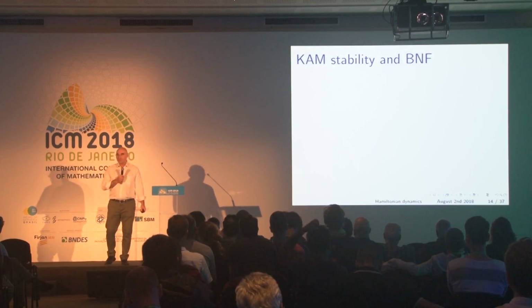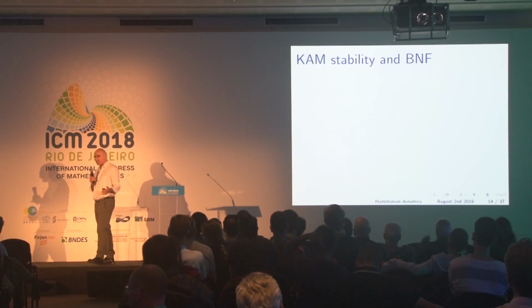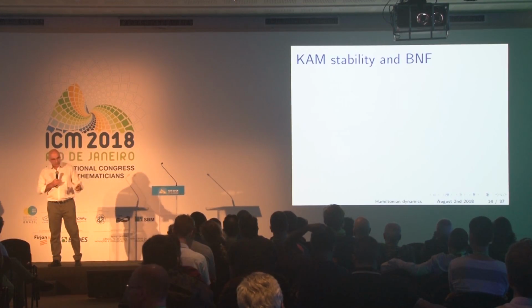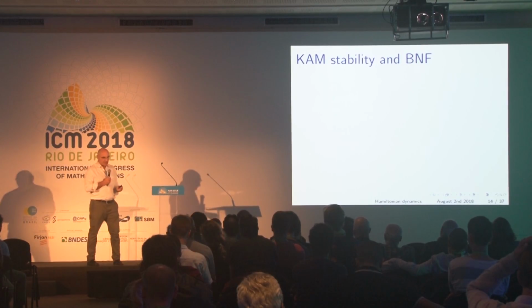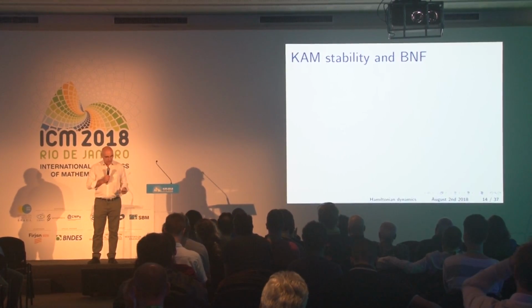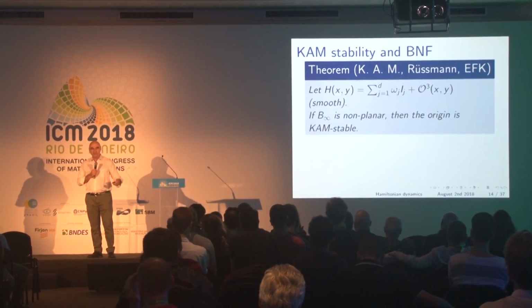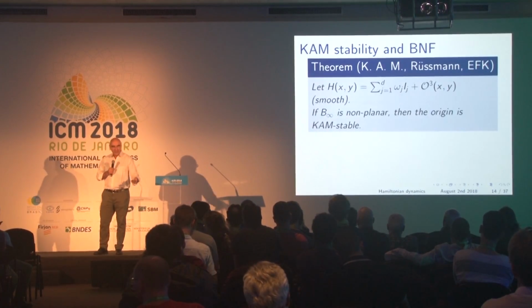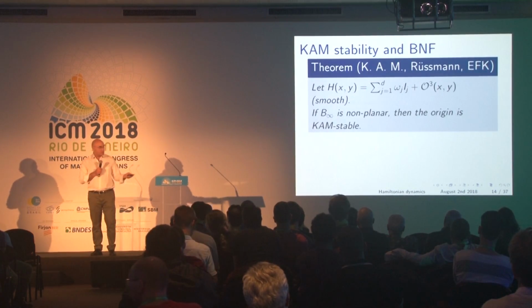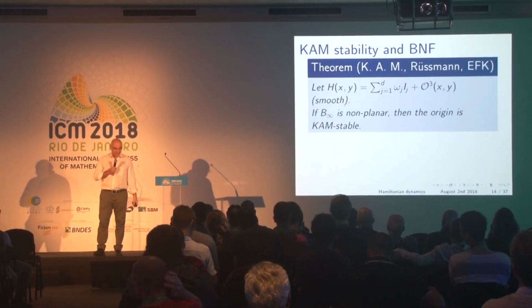And so once you have this notion of Birkhoff normal form, you can basically prove a KAM type theorem. So I will just state one theorem, which will be the following. It's a theorem basically due to Kolmogorov, Arnold, Moser. There is the work of Rüssmann, many people. And then we present here a version that we have with EFK. E is for Eliasson, Håkan Eliasson.